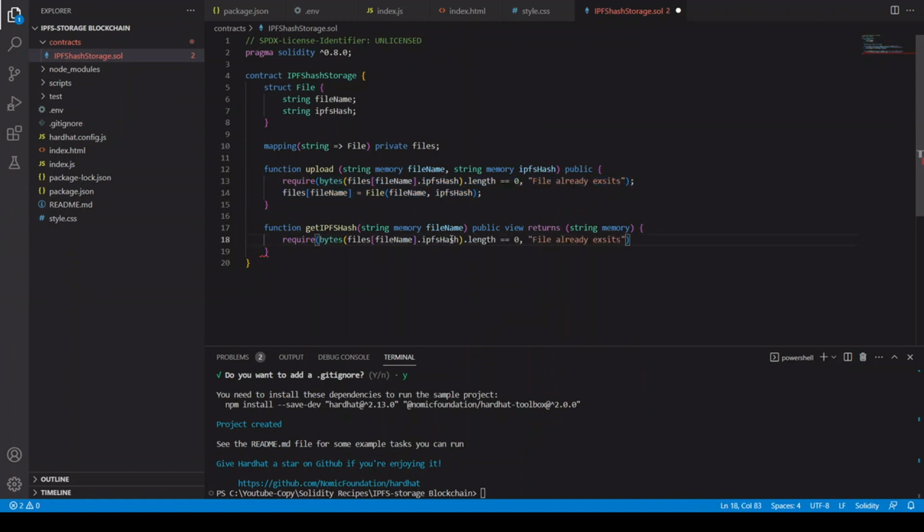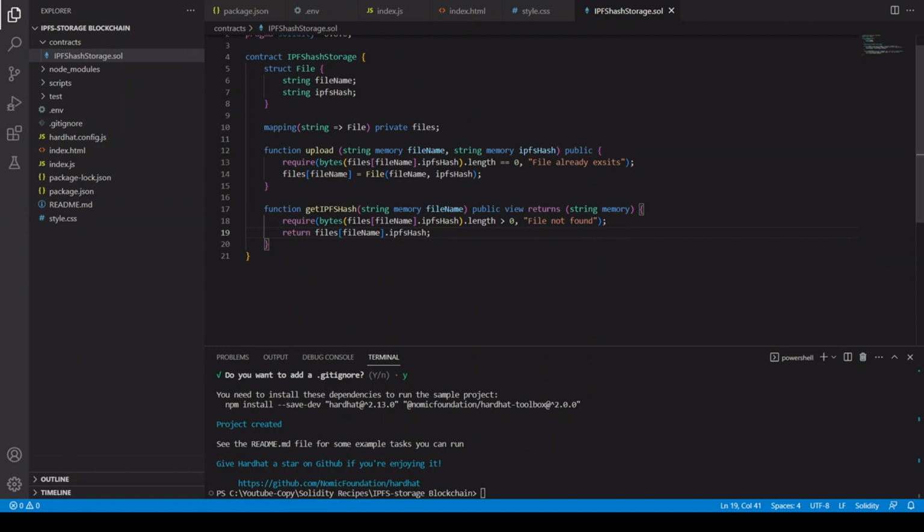We are going to say that this ipfsHash dot length should be greater than or equal to 0, otherwise file not found. So basically what it's doing is it's going to see if the files, this struct has this IPFS hash. If it's there, if it's present, then we are going to return it. What we are going to return: files of fileName dot ipfsHash. We are going to return the IPFS hash, and finally we have this function